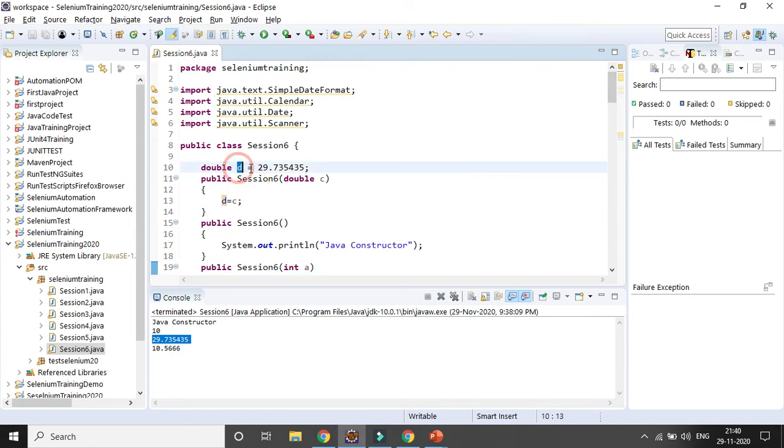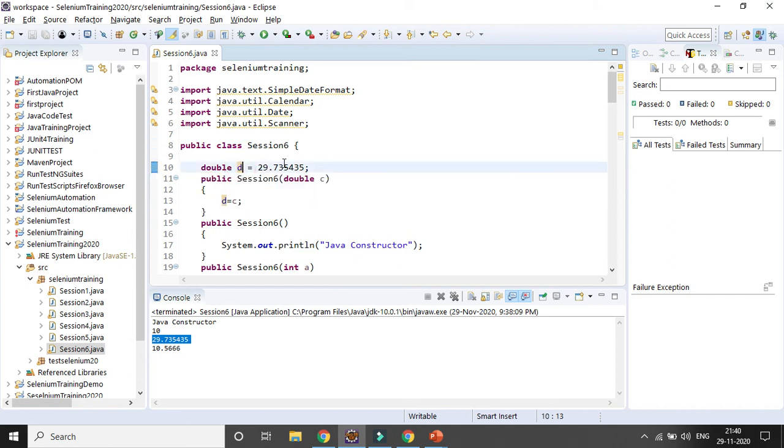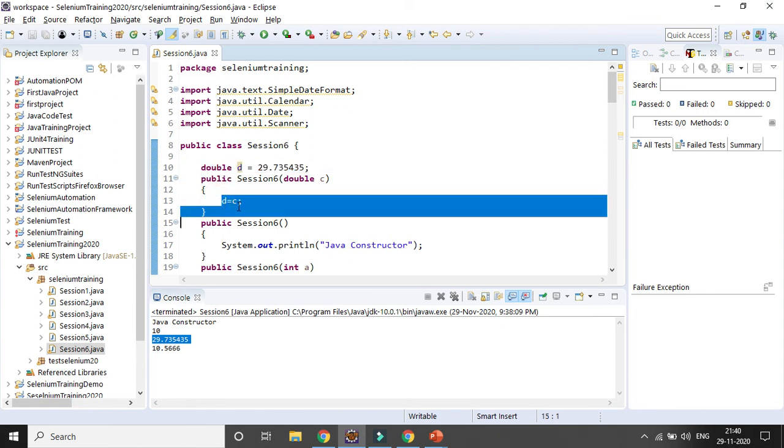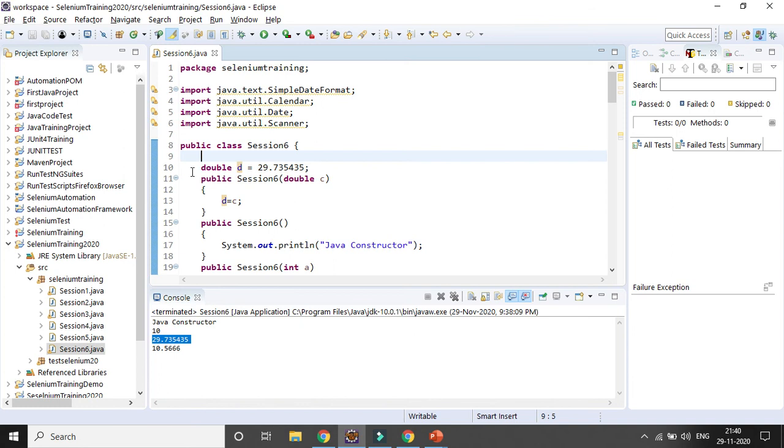I am declaring some variables and creating a constructor where I assign the constructor value to the variable. Before creating the object or instance for the constructor, the value of D will be the default value you assigned. After creating the object or instance, the passed value will be assigned to that variable and displayed. So that's all about the constructor.